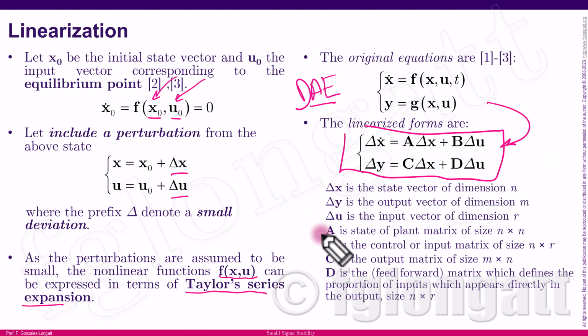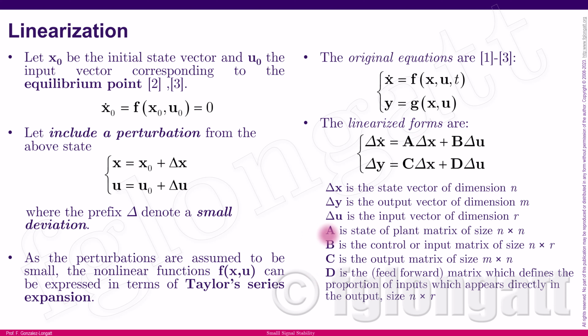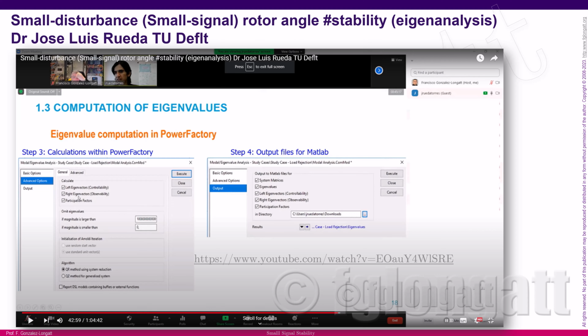Again, inside the linearized model, we have the matrices A, B, C, and D, okay? This is basically a very short explanation about how the small signal analysis is performed, and it basically uses the state matrix, that is the matrix A. If you want to know more about this, I highly suggest that you go back to the YouTube channel,